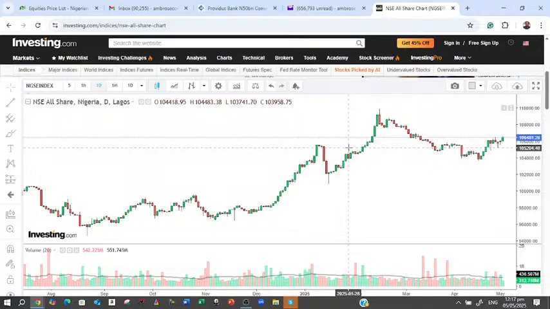And before we look at these earnings, let's look at the market situation, the market data as we speak. If you look at the market data, we're seeing that the market is in green, but we're having a flat market breadth. Yes, the market is up, reading 106,552.20, representing almost 0.5% in the green. For me, it's a good one for any market to see that kind of gain.